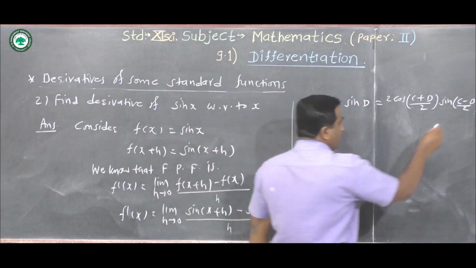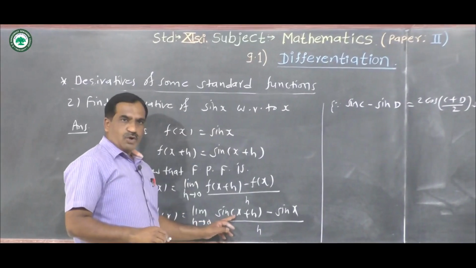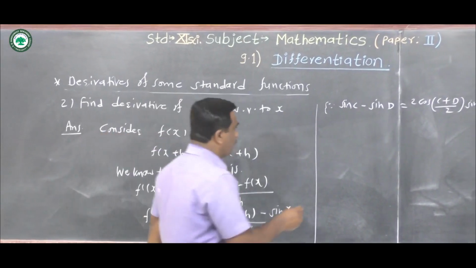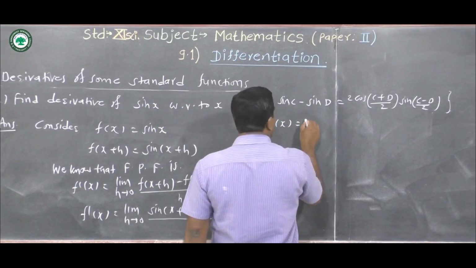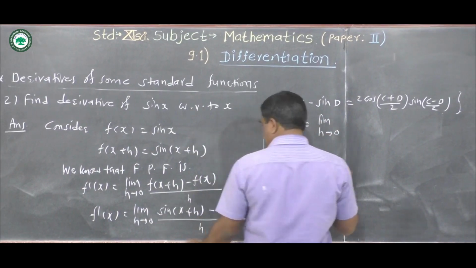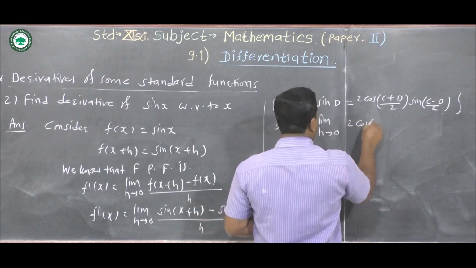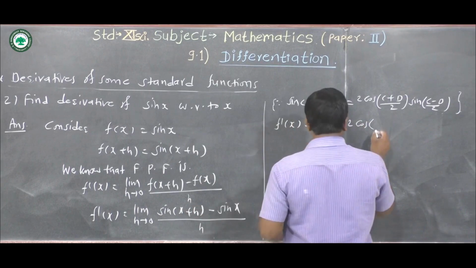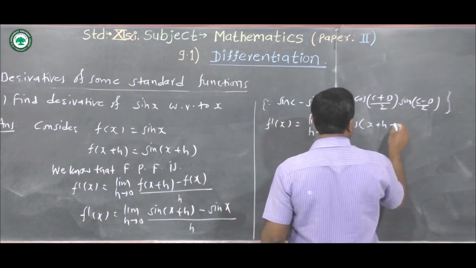Okay, using this formula we can write value of this numerator. Therefore f dash of x is equal to limit h tends to 0, sin c minus sin d means 2 cos x plus h minus x,